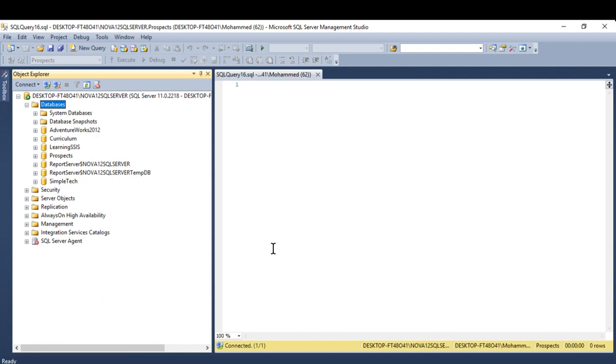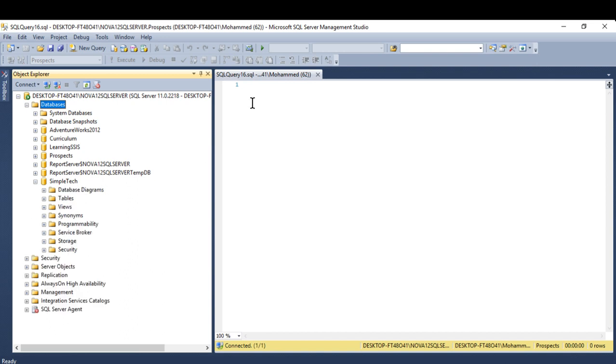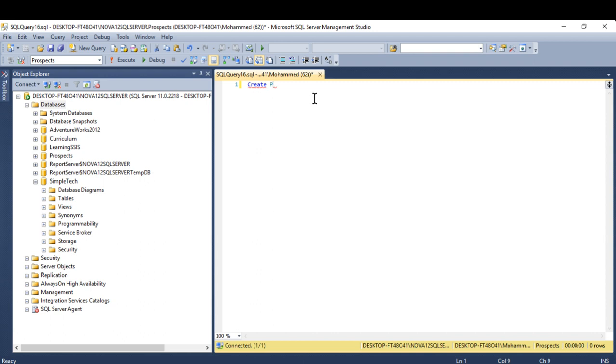A stored procedure is a group of T-SQL statements that is saved inside the database. It's like prepared SQL code that you can save, so the code can be reused over and over again. So let's give an example, and we can see how we can create it and how we can reuse it. So I'm gonna say create